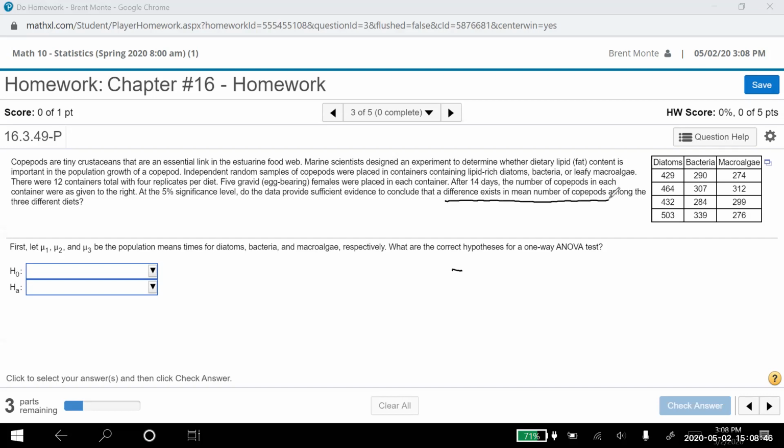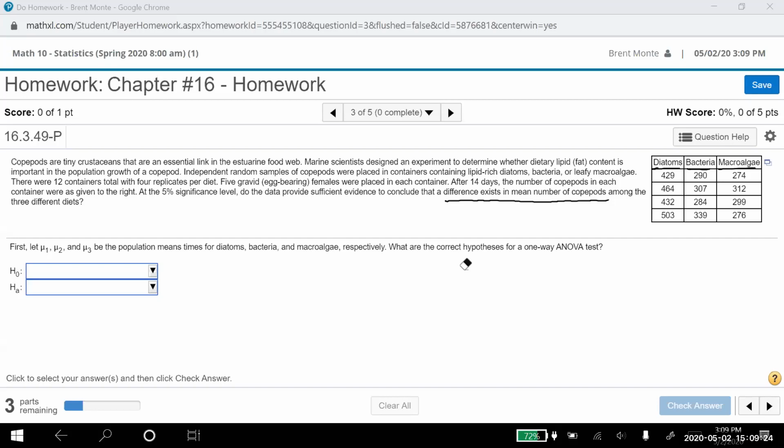Okay, so the variable that we're talking about is how many copepods exist. The factor that we're talking about are the 3 different diets. So the factors are the diatoms, the bacteria, and the microalgae. So we're only testing the mean number of copepods based on those 3 factors. So that's a one-way ANOVA. There's only one thing that we're using there to do that